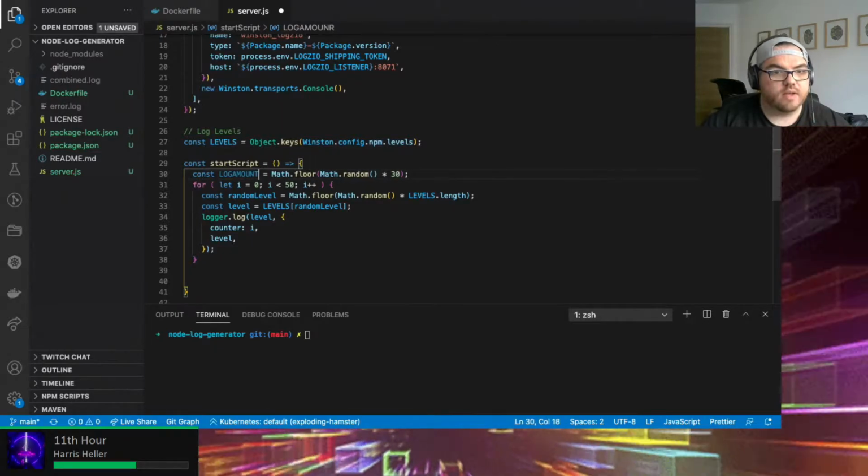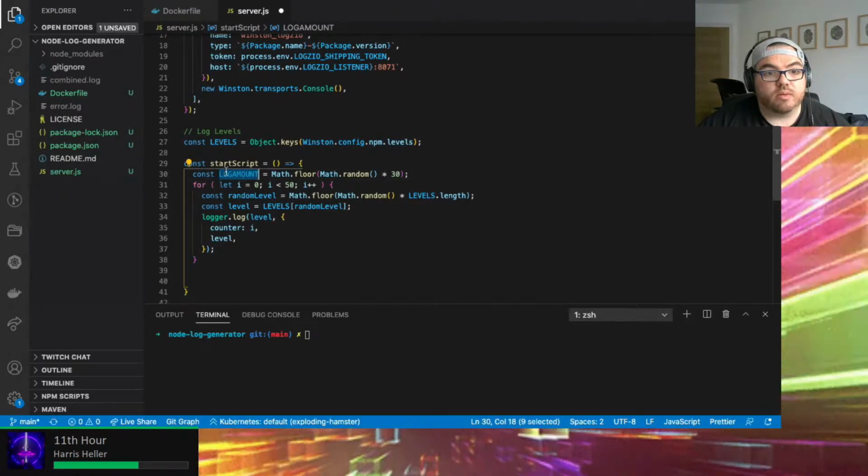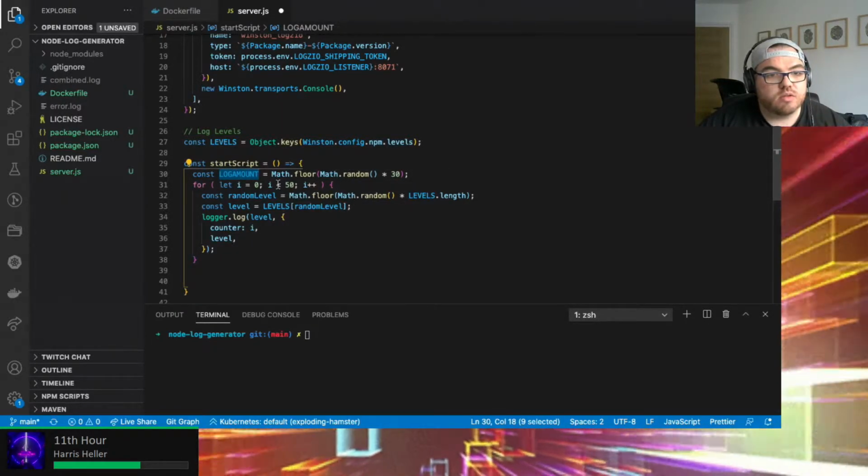So we're just going to have a controllable variable that we can monkey around with.